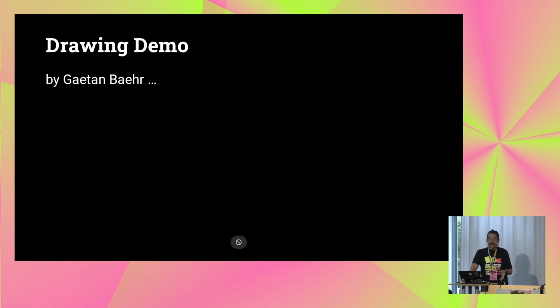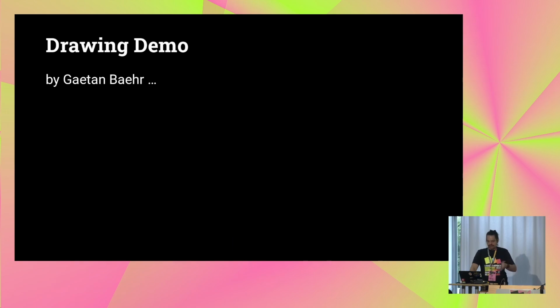Now we have a small drawing demo by Gaetan Bear, where you can see the user interface and their idea of drawing it. The collaborative feature I was testing 2 months ago at the conference in a workshop, and I think that's pretty cool, pretty nice for teaching, because the whole class can work on the same font, and it's pretty cool to quickly explore variable fonts. That was because it's made specifically for variable fonts. My impression was that it's really fun to get a feeling for what variable fonts can do and how you can design them. So Gaetan Bear in this video is demoing